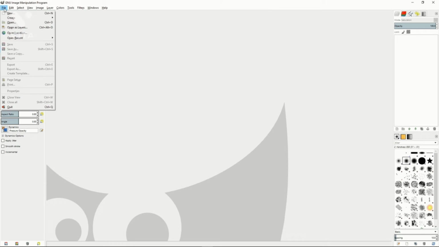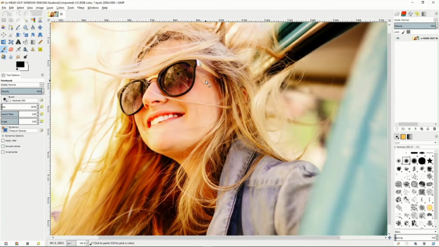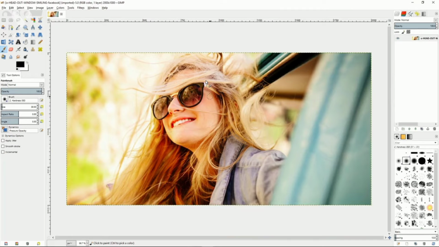And we'll start by opening up an image that you might have seen before on a previous tutorial. We'll open that up and we'll show you how we'll be able to do the conversion here. Now, you can do a saturate effect in GIMP as well, but what I like to do